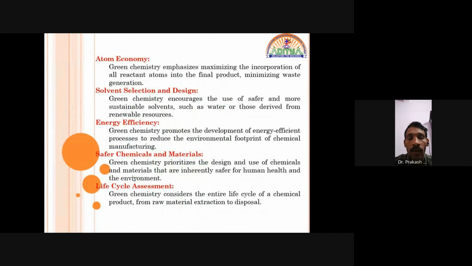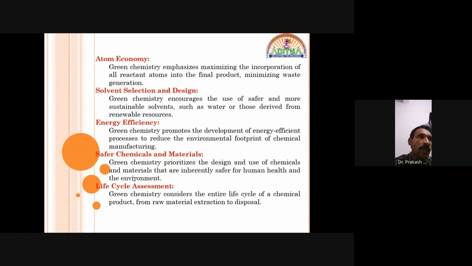The atomic. Okay, these are the five most probable key points to explain the green principles: atom economy, solvent selection, different types of reactants involved in the reactions, and different designs of the products which are going to be used. Next, energy efficiency and safer chemicals are going to be used to prepare the new products, and safer chemicals are going to be involved in the reactions, and the life cycle of the